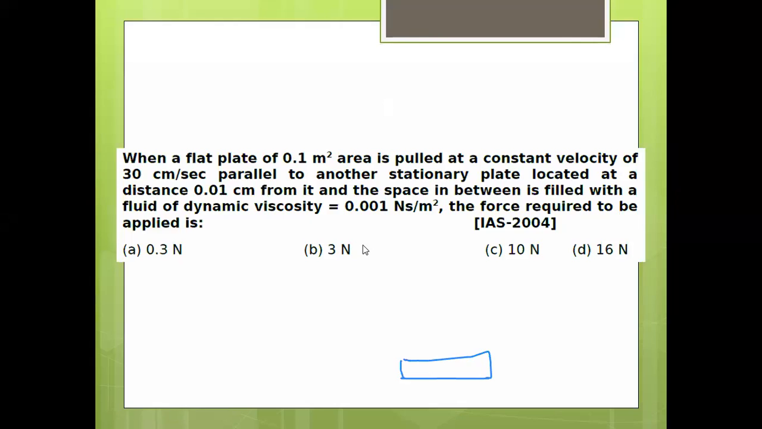So let us write down the problem. When a flat plate of 0.1 meter square area is pulled at a constant velocity of 30 centimeter per second, parallel to another stationary plate,